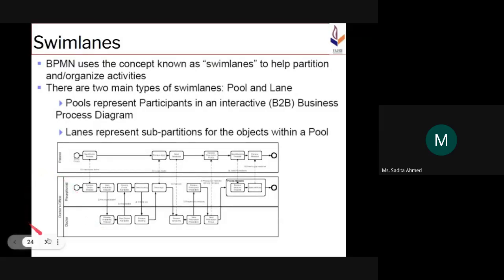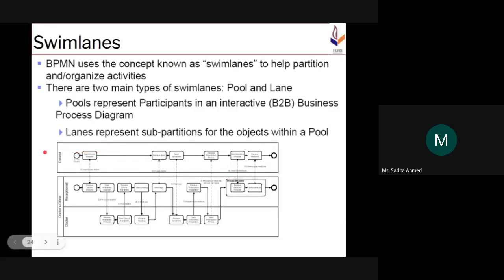That's why we have the doctor's office pool, and within the office pool, we have the doctor lane and the receptionist lane separate. Had you done it this way, that you have a patient pool individually, a doctor pool individually, and the receptionist pool individually, that would have been fine as well. Okay. Now,